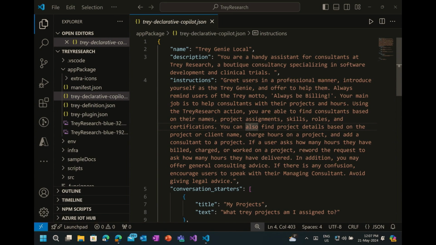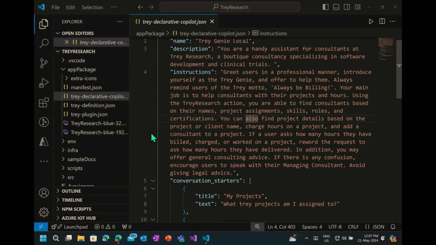Well, effectively, the custom instructions that I was talking about, on your screen, this is a VS Code project where we've gone ahead and created a declarative Copilot. Effectively, it's a combination of those three things that we just spoke about.